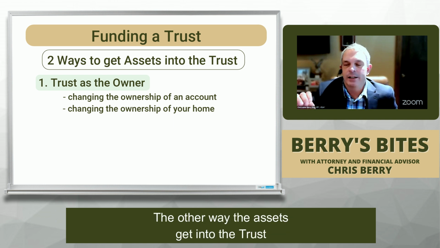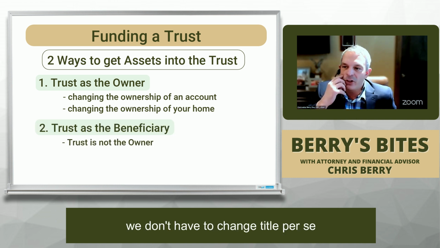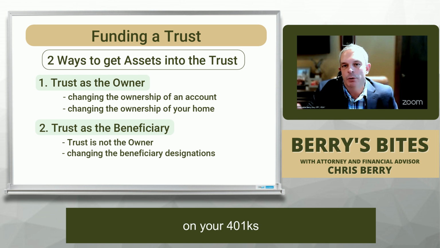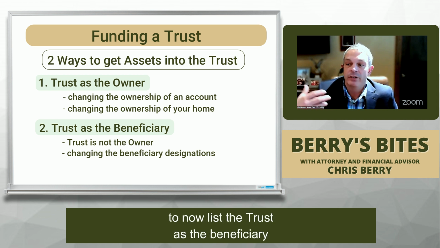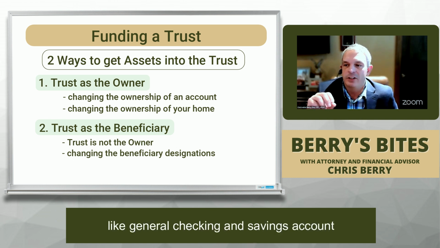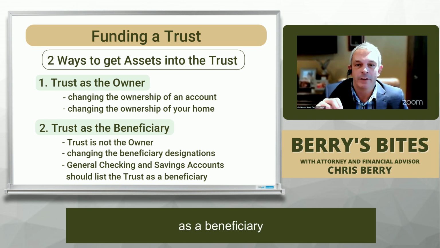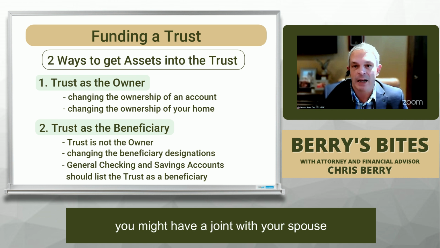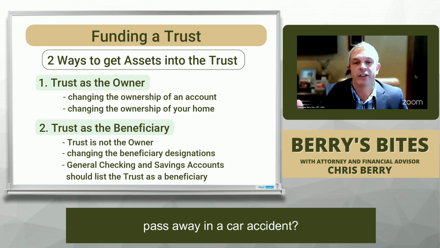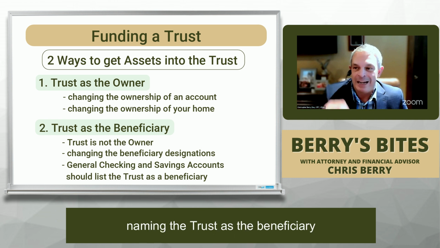The other way the assets get into the trust is we list the trust as a beneficiary, meaning the trust is not the owner. We don't have to change title per se, but we have to change a beneficiary designation on your IRAs, on your 401ks. We have to change the beneficiary to now list the trust as a beneficiary. And here's something that a lot of people forget about, is that your general checking and savings accounts at the bank, that should list the trust as a beneficiary. So you might be married and you might have a joint account with your spouse. If one of you passes away, it goes to the survivor. That's fine. That avoids probate. But what happens if both of you pass away in a car accident? That's where we need to have a transfer on death or payable on death designation,